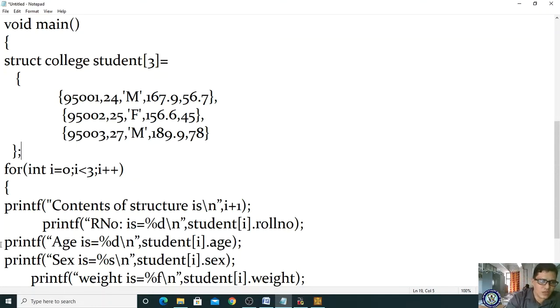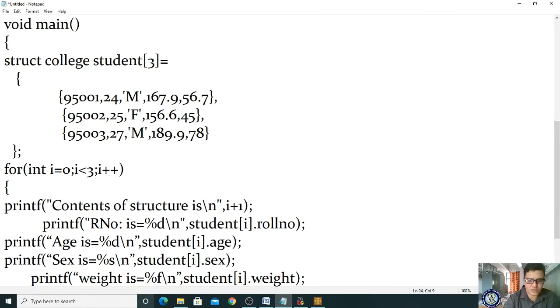Now the content of structure, it is displaying i plus 1. Content of %d structures, actually i plus 1, we will see what happens. I'm displaying the roll number as %d.